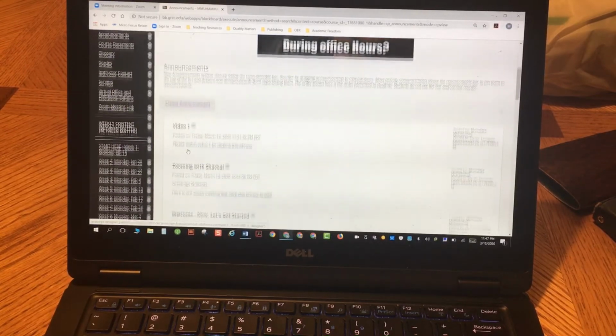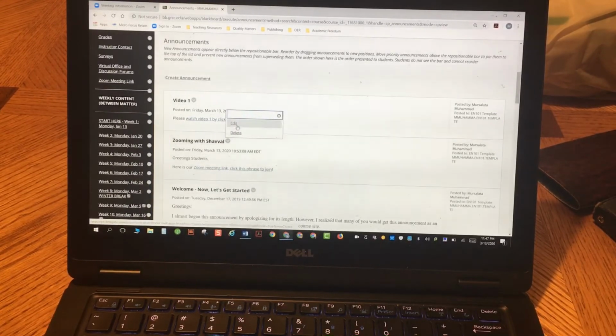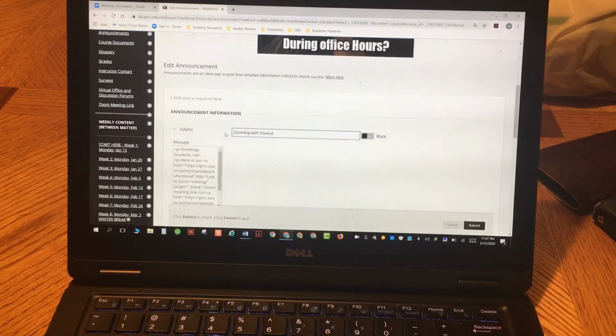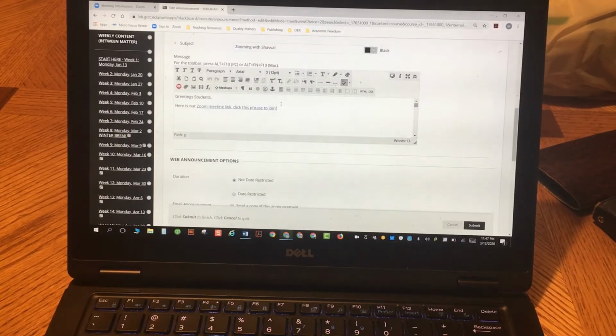Now earlier today, I was helping another colleague, and we looked at how to embed that link into an announcement. So I'm going to show you that. I'm just going to open this one that we were working on earlier today. And you give it a title, and instead of doing something like this, where you would just put the URL, I suggest, not just me, best practices suggest that you create a phrase or you create a word that describes what the link is,